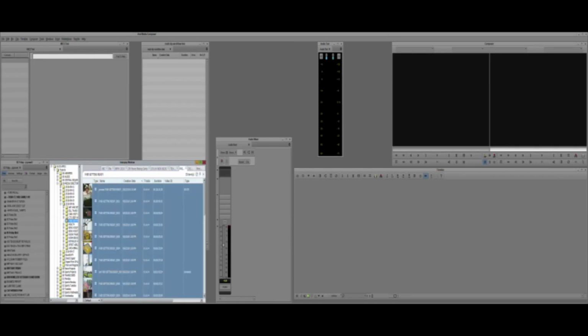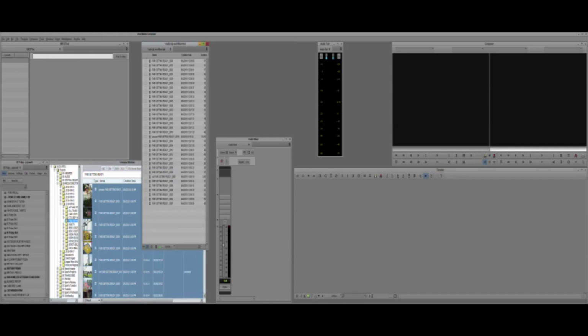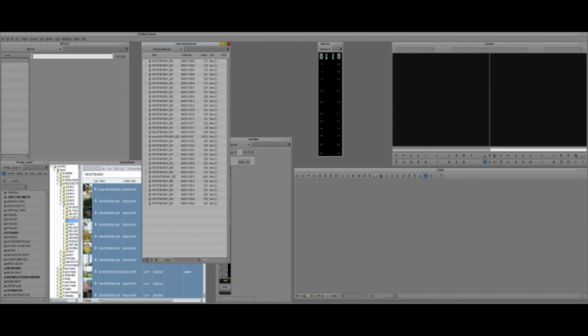So this will be kind of like you dragging in all your multiple clips from what you had shot during the day. And I renamed some of these earlier, so I'll show you what that is all about. When you drag it in here, it'll be in here backwards. So the first shot clip will be at the bottom, and the last thing you shot will be at the top. So it's important to do by creation date,